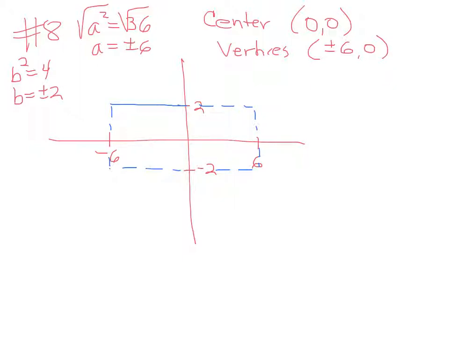Okay, so my vertices were at positive, negative 6, so that's one vertex, and the other one is on the left side. Okay, the center. So you draw